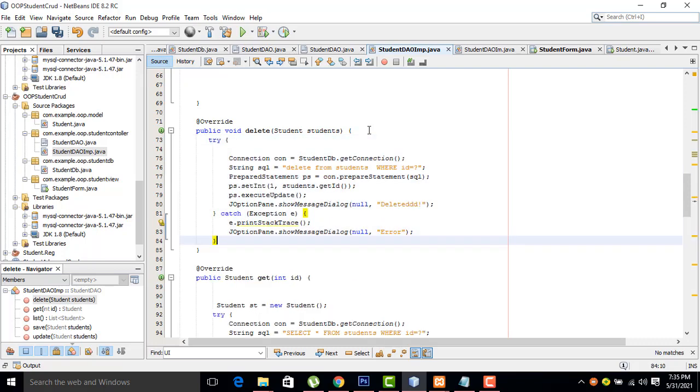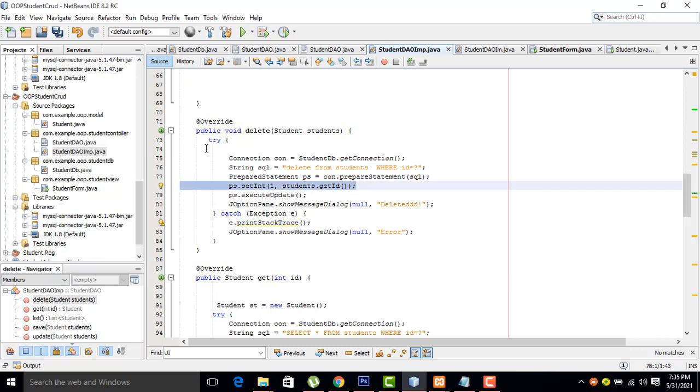Right. Now what I did here is, first we establish the connection. This is the code for the delete. Delete from which table am I going to delete? Student table. Where the ID is what you are typing. The matching row should be deleted. The other things are the same.